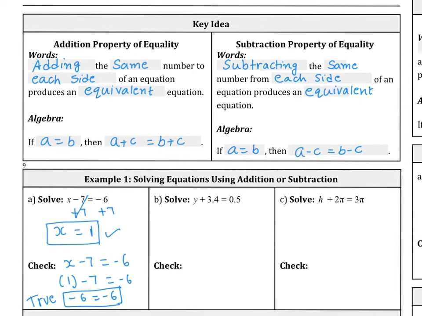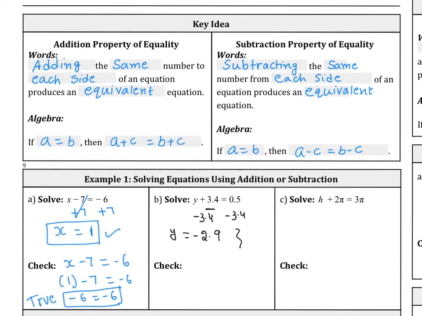The next one is letter B, when you're solving for y. Again, whenever we solve for a variable, we always try to make the variable on one side and the numbers on the other side. So we need to bring this guy to the other side. So we are going to use the opposite operation here. So the opposite operation would be negative 3.4 on both sides. So 0 minus negative 3.4